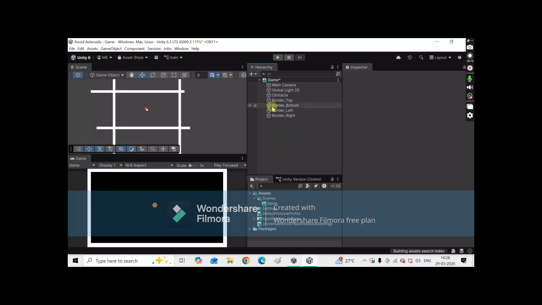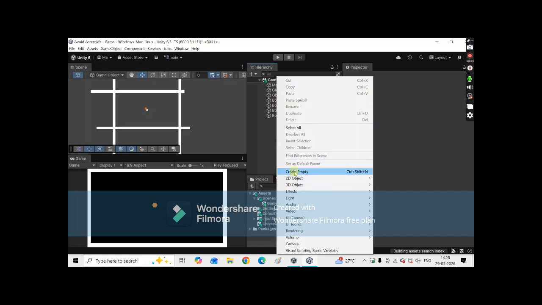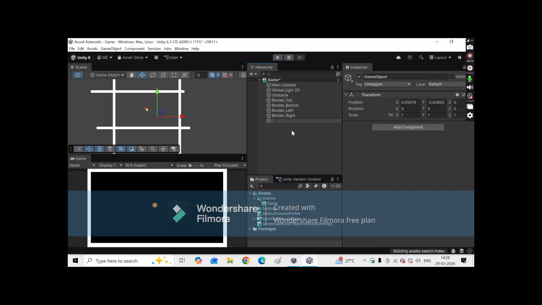Now we will create a new file. Create empty. Name this file borders.